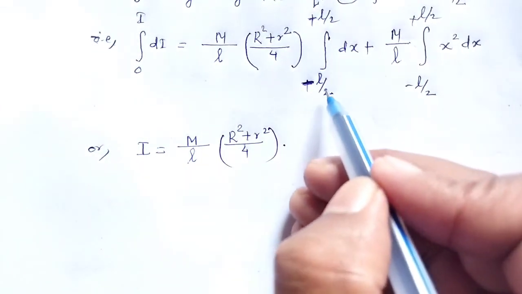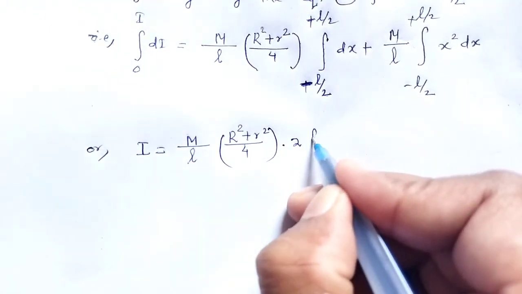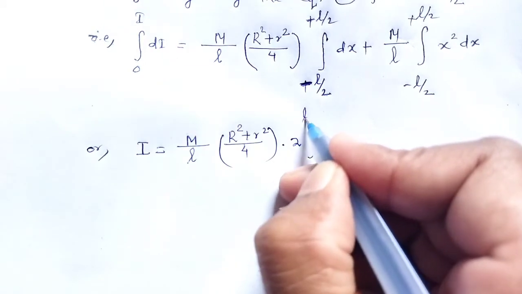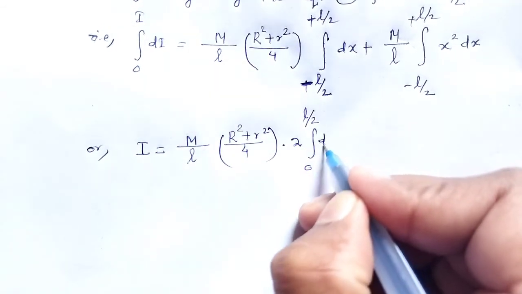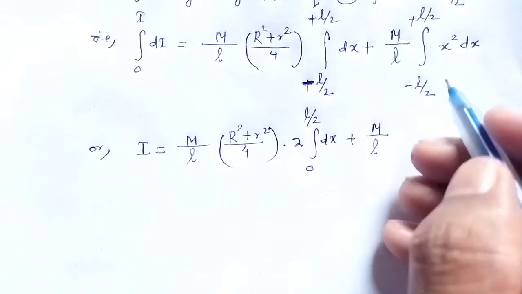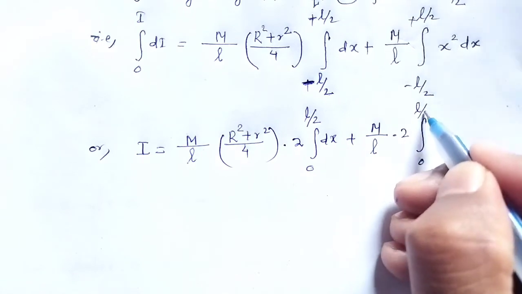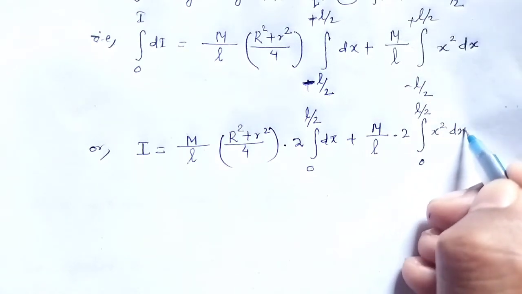We change the limit from 0 to L by 2, that's why we multiply by 2, then the limit changes to 0 to plus L by 2 dx plus m by L, same as that case, that is 2, 0 to L by 2 x square dx,